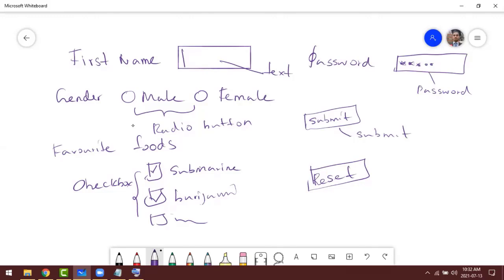So here we discussed a couple of form elements. Number one, text; number two, radio button; three, checkbox; four, password field; five, submit; six, reset. In addition, there are only two more, which are commonly used, right? There are two commonly used. The other one is